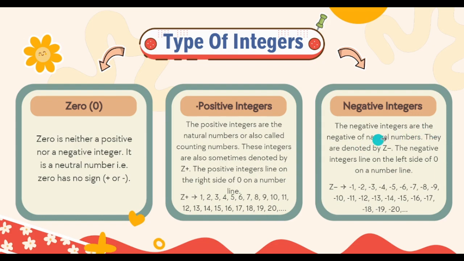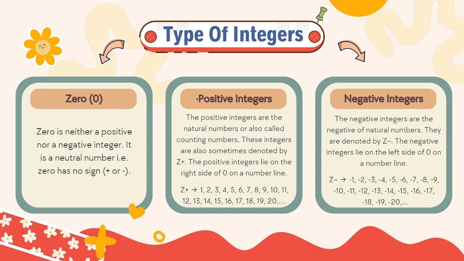Okay. Negative integers. The negative integers are the negatives of natural numbers. They are denoted by Z negative or Z minus. The negative integers lie on the left side of 0 on a number line. Z minus is -1, -2, -3, and so on. Next,